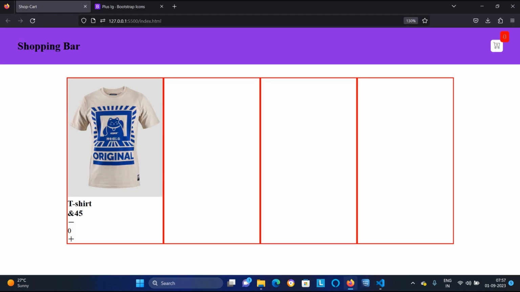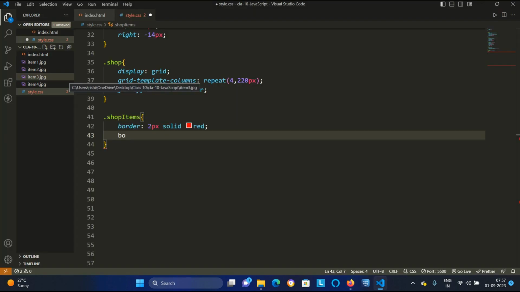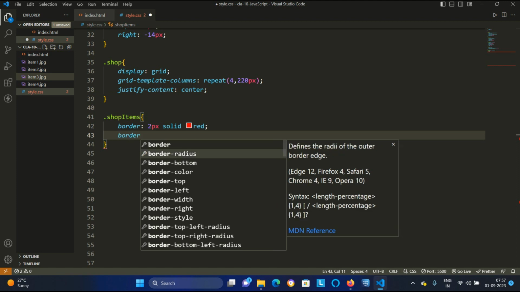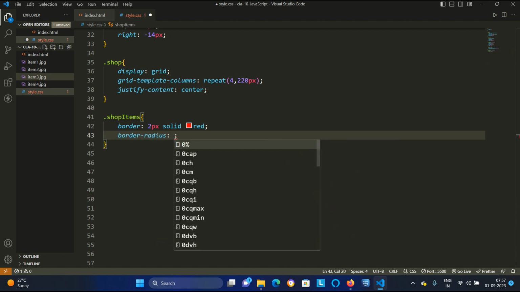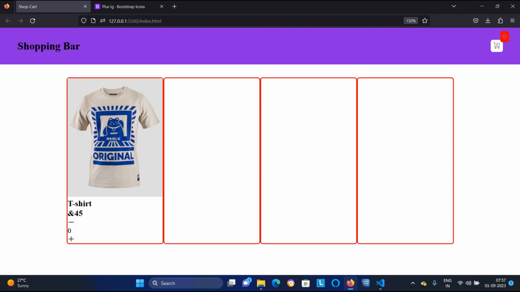Look, the grids are coming in that sharp way. So we will make the border radius of those. Border radius I will say as 5 pixel. Look, now it is coming in the rounded shape. The sharp edges have got rounded now.